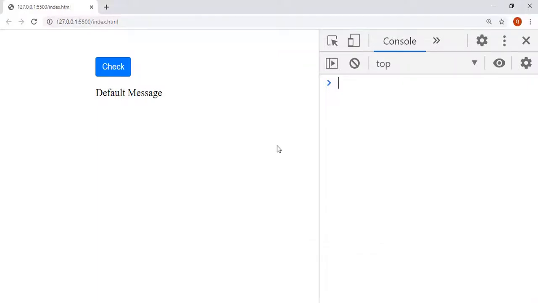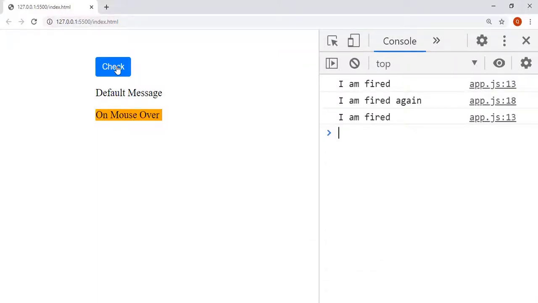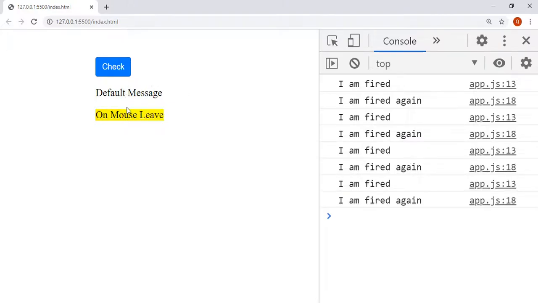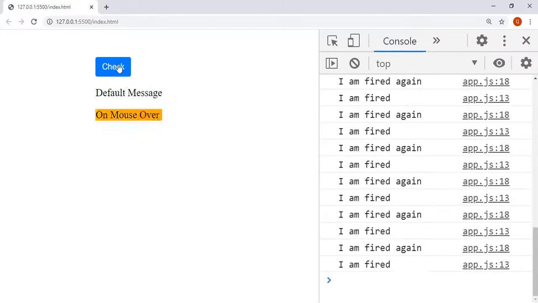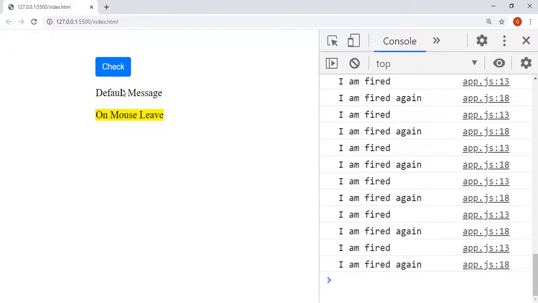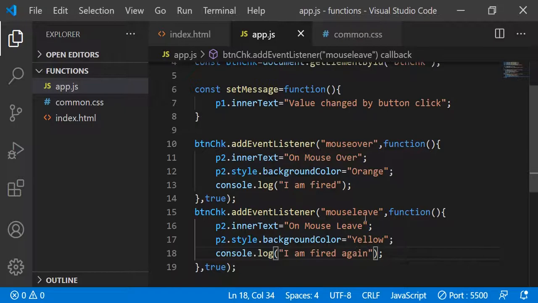Now we can see very clearly. On mouse over, it is value on mouse over and orange color. It is on mouse leave, and you can see I am fired again, I am fired again. So these events will call the function each time when you mouse over and mouse leave. So call these specific functions.